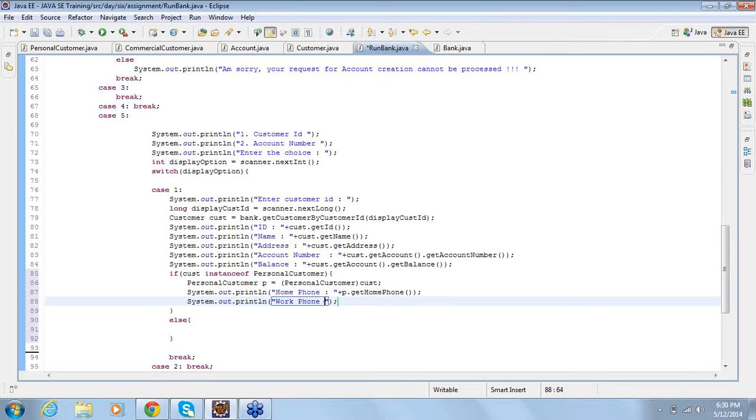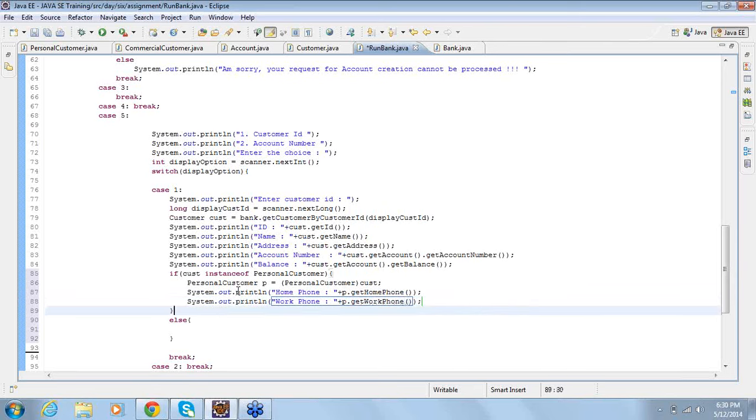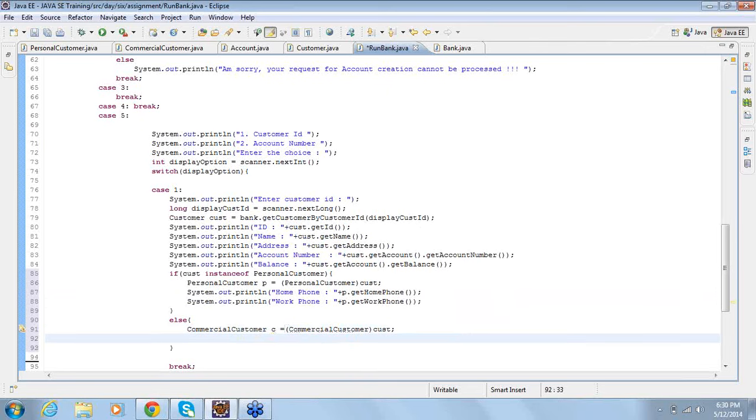Then comes the work phone, get the work phone. Commercial customer: now he's a commercial customer.